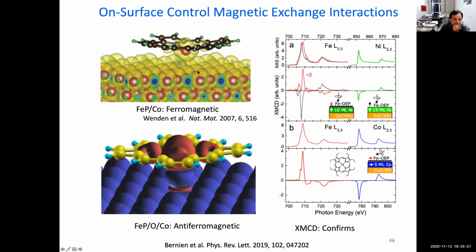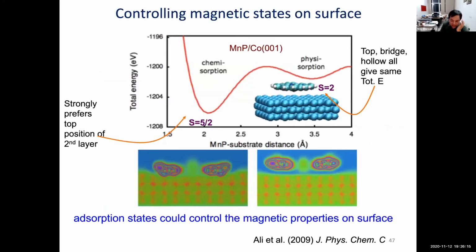And then one of our experimentalist colleagues deposited one monolayer of oxygen on top of cobalt, and then deposited the iron porphyrin on top of the oxygen, and immediately we see the change in exchange interaction. Earlier, the ferromagnetic exchange interaction was reported. Now if we have one monolayer of oxygen and we deposit the iron, that exchange interaction gets modified. So from ferromagnetic to antiferromagnetic one can get. Okay, now